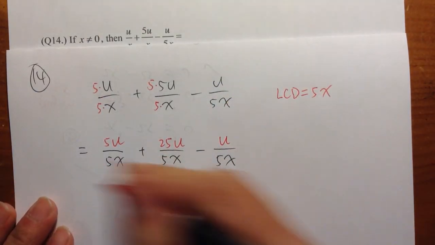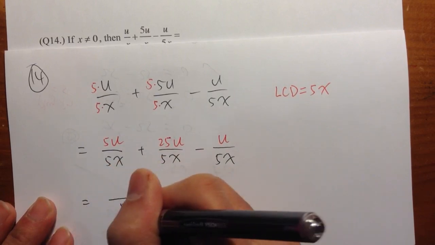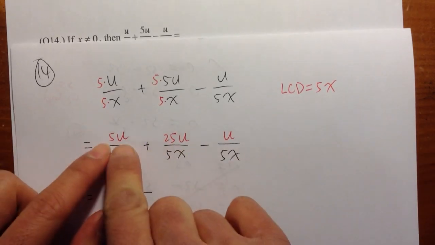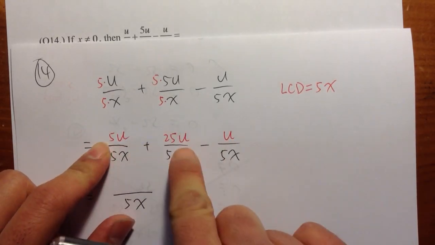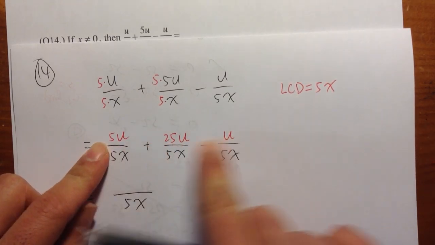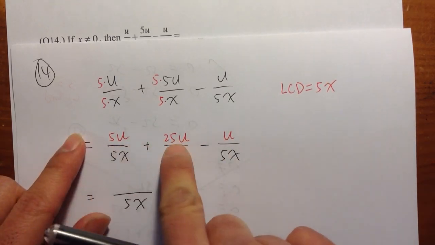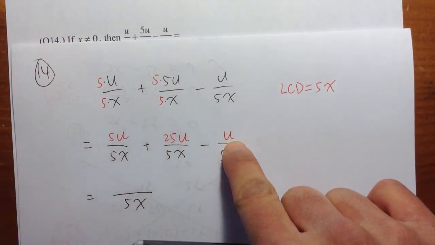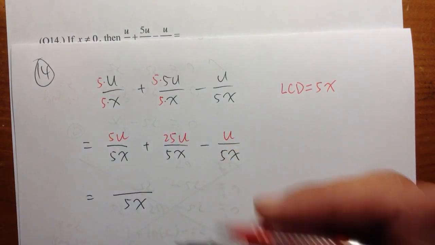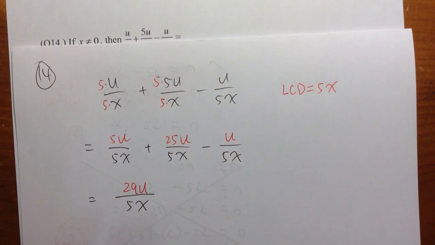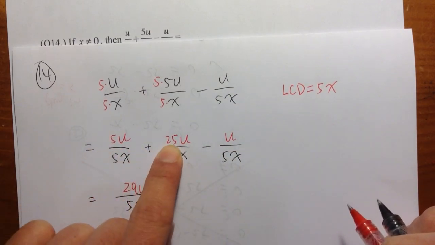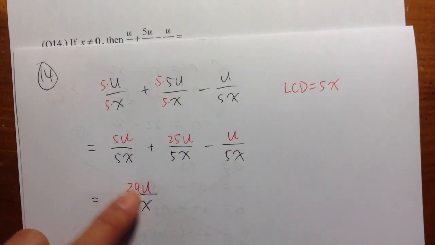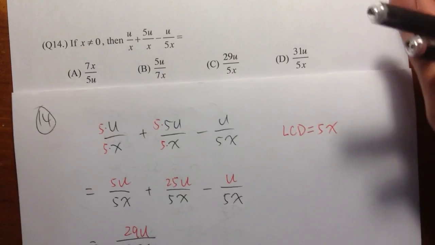Okay, and once they have the same denominators, I can put them all together, and the denominator will just be 5x. Notice that on the top, they are all like terms. They all have the u's. So what we can do is just 5u plus 25u, which gives you 30u, and then minus u, which gives 29u. Again, 5 plus 25 is 30, and minus u is like saying minus 1. So 30 minus 1 is 29u. That's answer choice